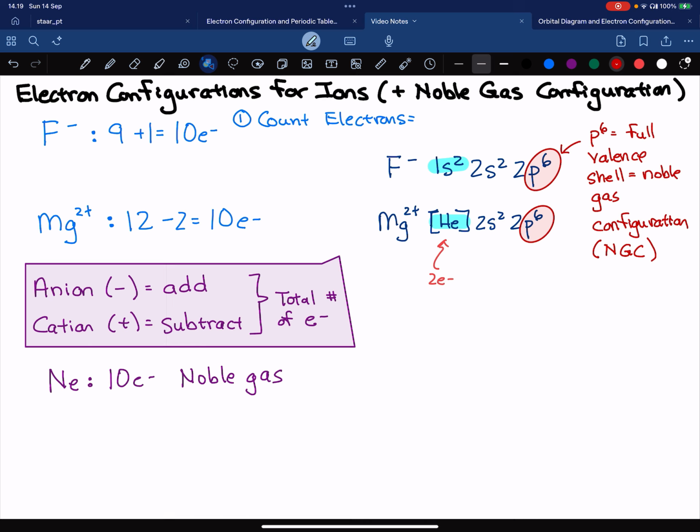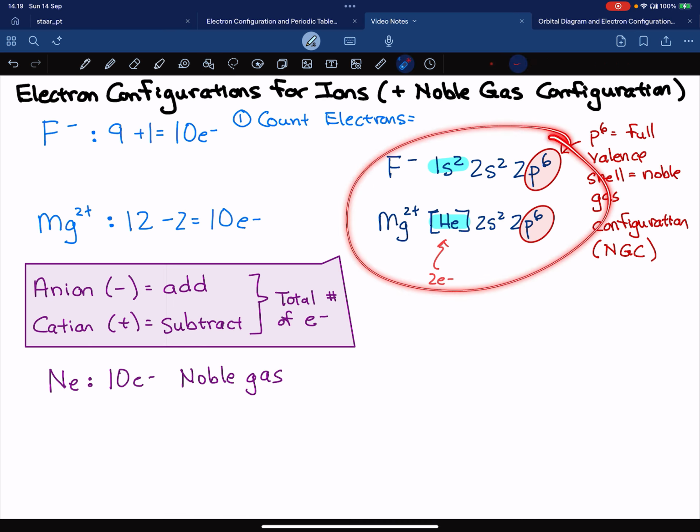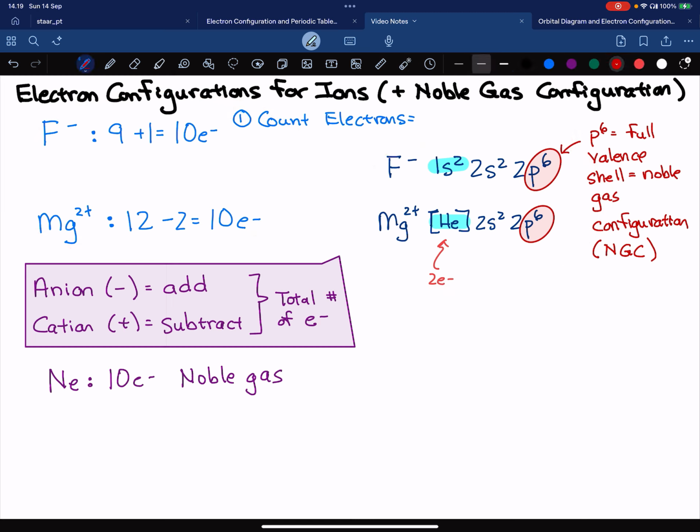And those two things are exactly the same because they have exactly the same number of electrons. And so we do have a word for that. F minus has 10 electrons. That is the same as neon has. That is the same as Mg2 plus has. We call those